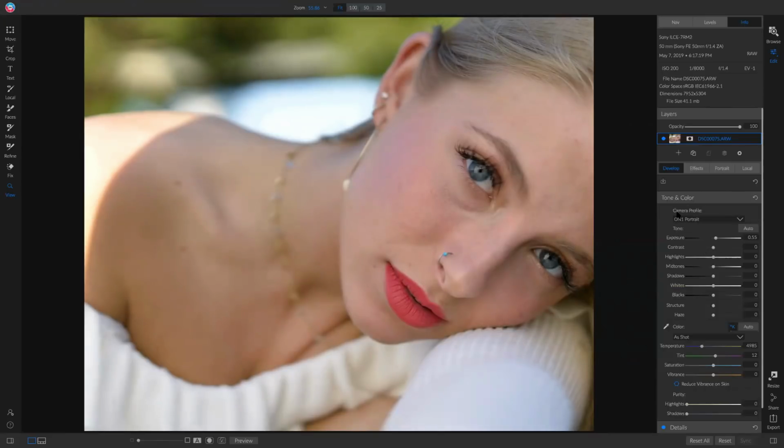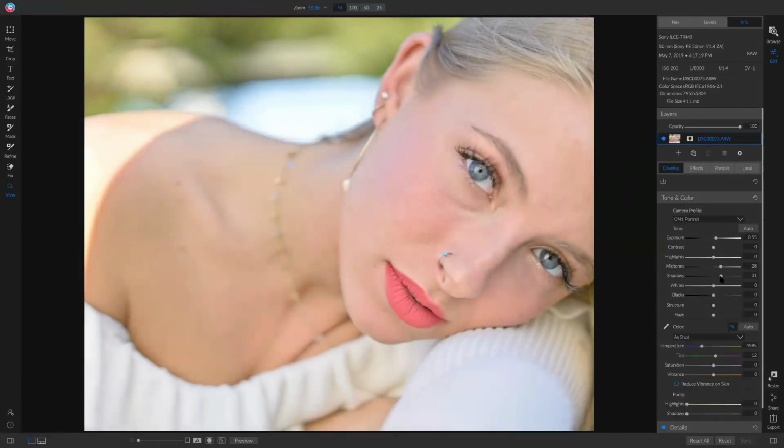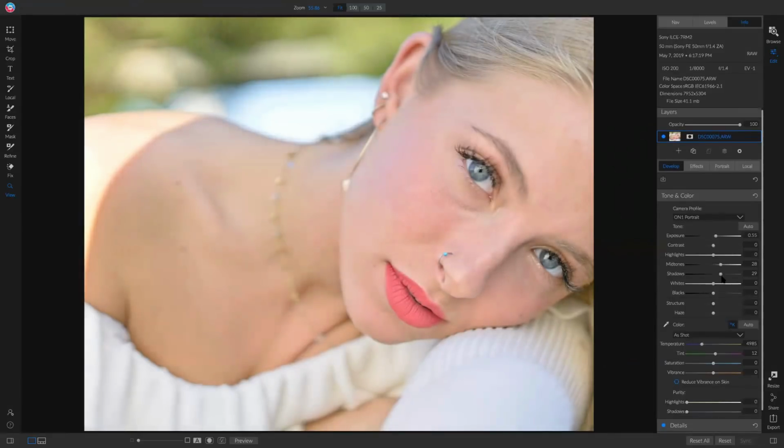Now we're gonna use my 2 favorite sliders, which are the midtones and the shadows. We're just gonna pull up on those, maybe a little higher. There we go, right there. And now because we pulled up on so many of those tones, especially these shadow tones here, this image looks quite flat. Whenever you pull up on these shadow tones, you're gonna bring in some sort of flatness element to your shot. So it's always good to either go back in and add some contrast, or what I like to do,